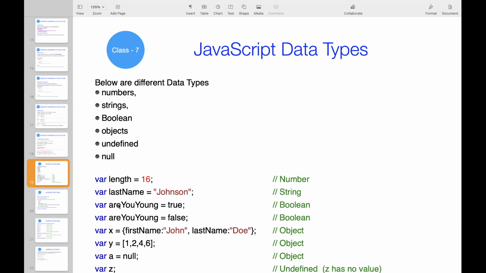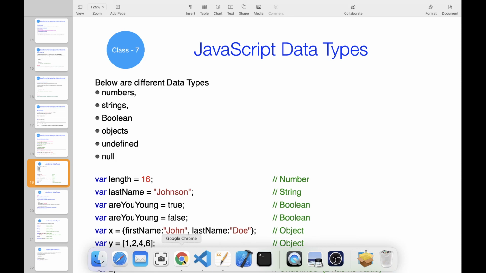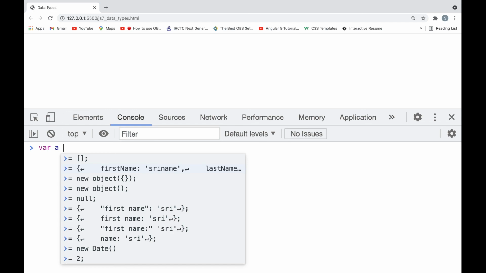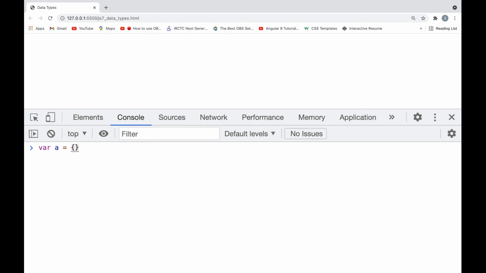So what is the difference between undefined and null? One more thing. If a variable doesn't have any value, by default JavaScript will assign a value called undefined. Null, we can assign to an object. Let's say an object is having something.